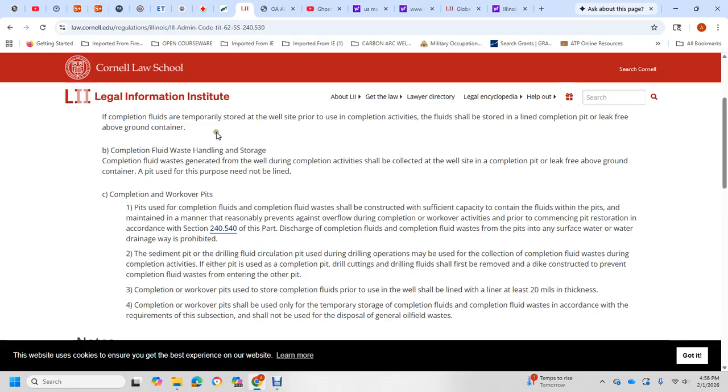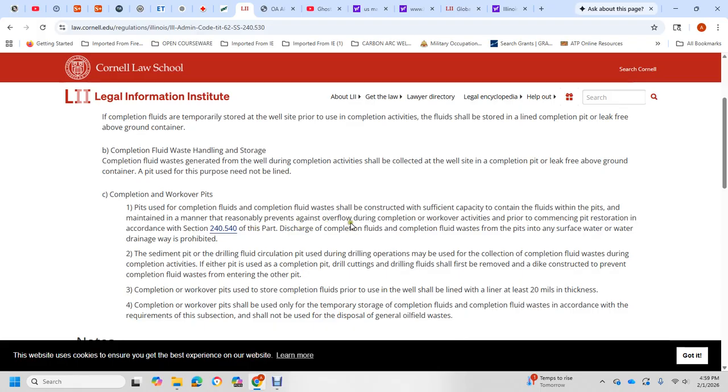Pit used for the purpose, not be lined. Completion of the workover pit used with the completion point. Completion fluid waste pits shall be constructed with sufficient capacity for the contained fluids, and maintained in a manner reasonable to prevent overflow during completion activities, and to commence pit restoration in accordance with section